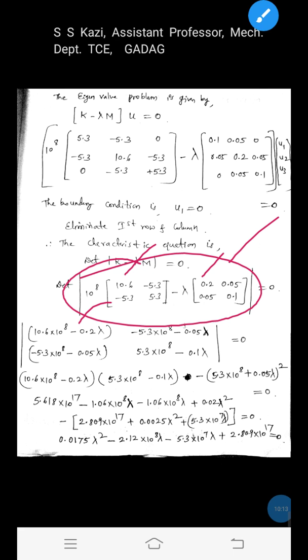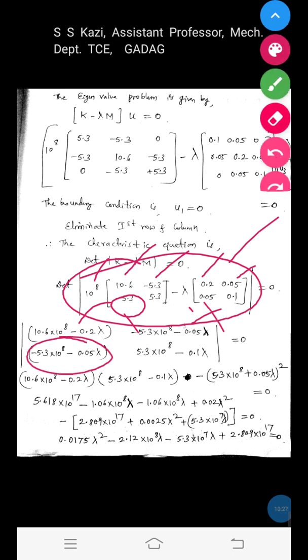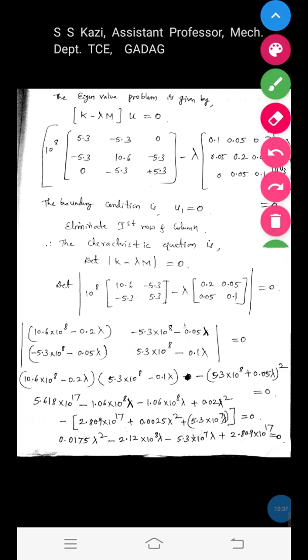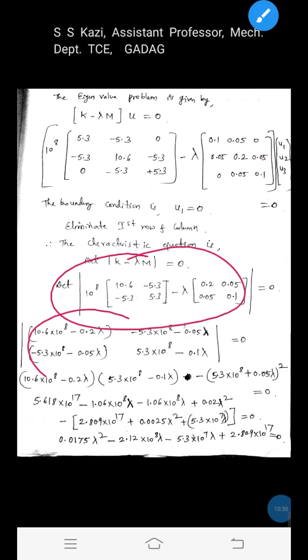First term we got minus 5.3 into 10 raised to 8 minus lambda into 0.05. And third term minus 5.3 into 10 raised to 8 minus 0.05 lambda. This one. Fourth term 5.3 into 10 raised to 8 minus lambda into 0.1. This one we wrote. After that, once you write this k minus lambda m in 4 terms like this,